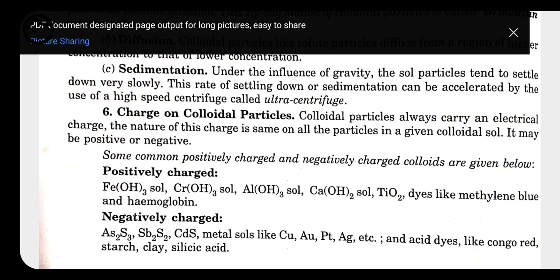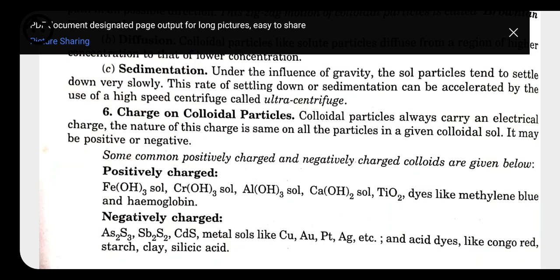Adsorption is a process in which adsorption takes place only over the surface. So this theory is also not accepted, because the colloidal particles have charge throughout the substance, meaning in the bulk also. If the adsorption process took place, then the charge should be present only over the surface, not in the bulk. But here the charge is present throughout the solution. So that's why this theory is also not accepted.